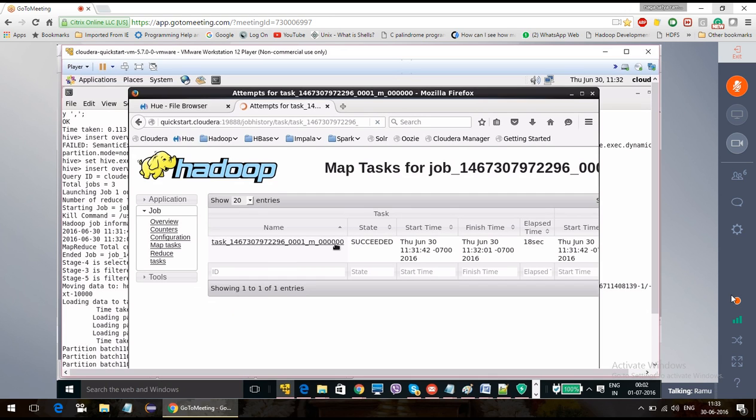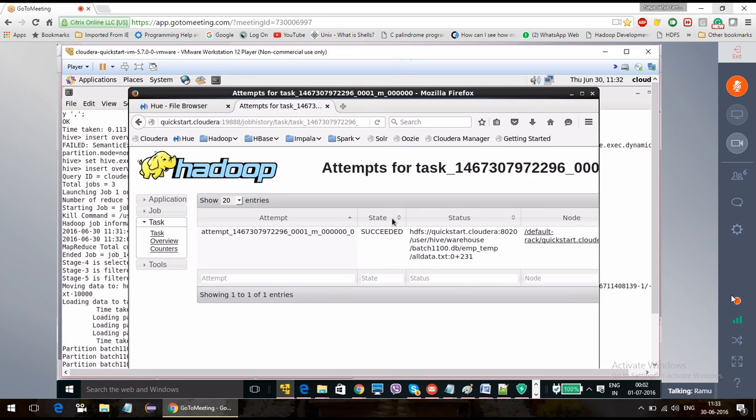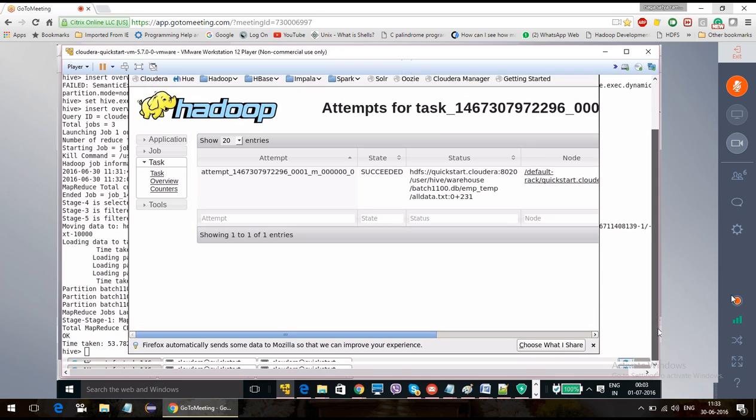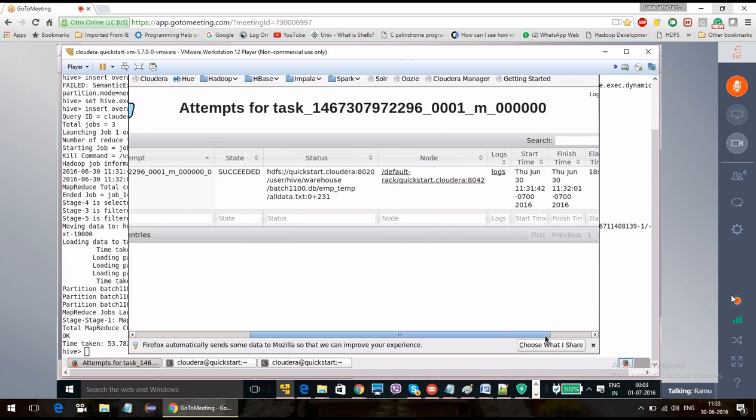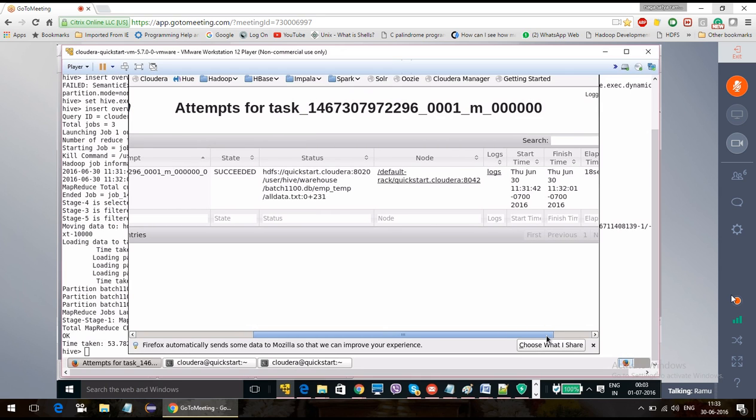These are all real-time scenarios: how you can check the job. If you want the full log, you can go and check the full log here.